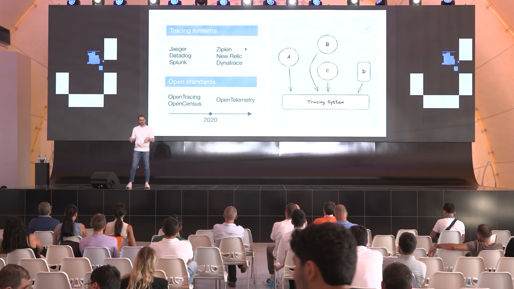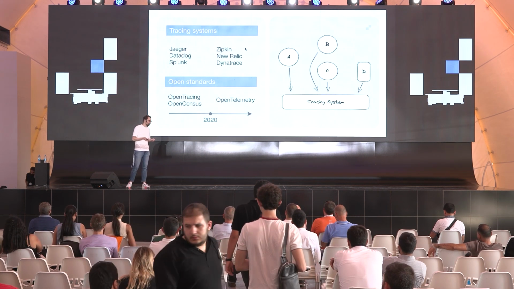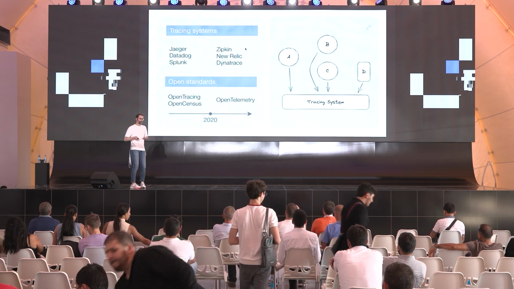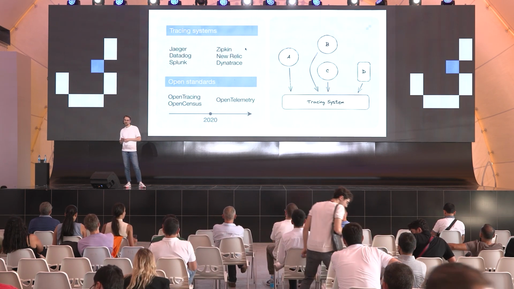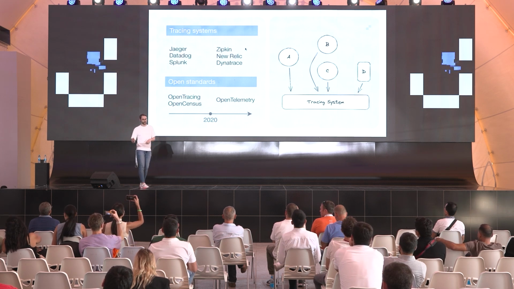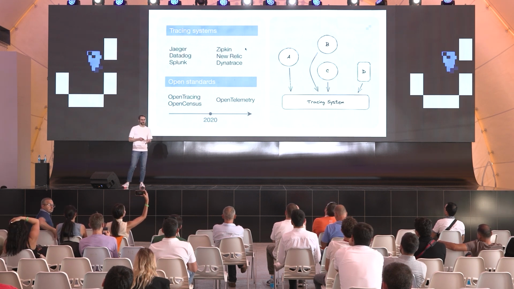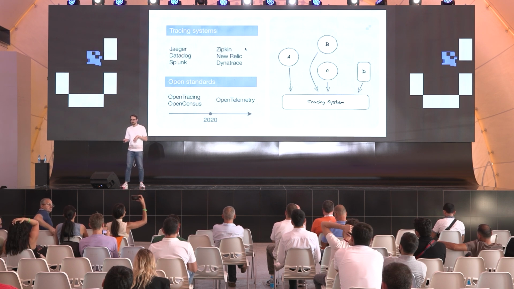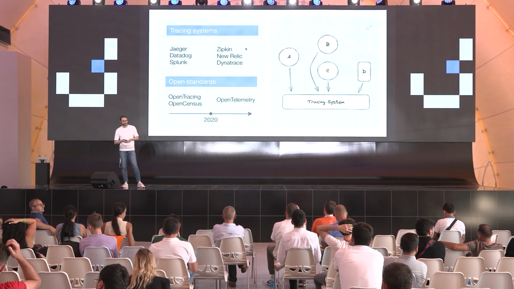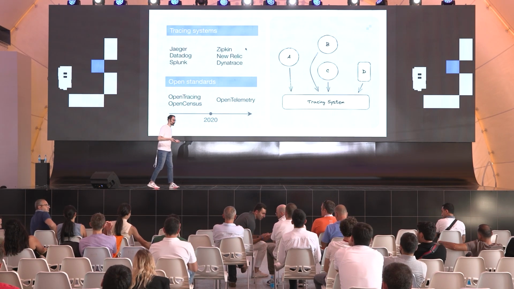When an application finishes serving a request, related data needs to go to the tracing system. There are a lot of tracing systems available out there. The most popular ones are Uber's Jaeger and Twitter's Zipkin, and those are open sourced. So the most popular open source ones are Jaeger and Zipkin. And there are a lot of commercial solutions on the market. Most of those systems were designed after Dapper, Google's large-scale tracing infrastructure.